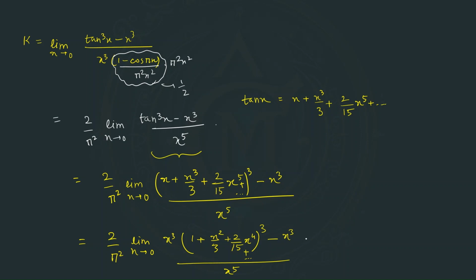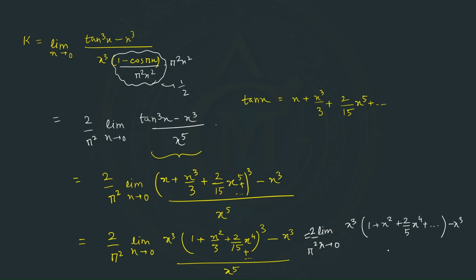So we can write this as limit x tending to 0, and by the way there is a 2 by pi square outside, so this will become x cube, then 1 plus 3 times x square by 3 plus 3 times 2 by 15 x to the power 4 plus so on. So this will be 1 plus x square plus 2 by 5 x to the power 4 plus so on